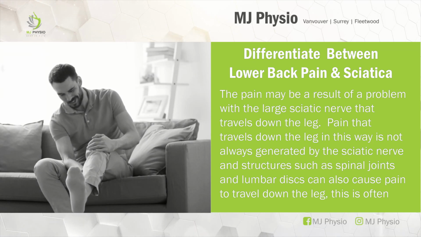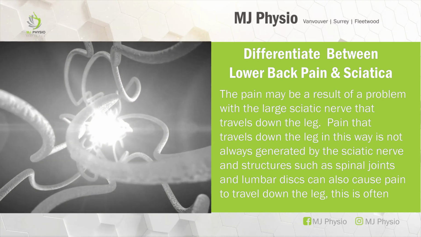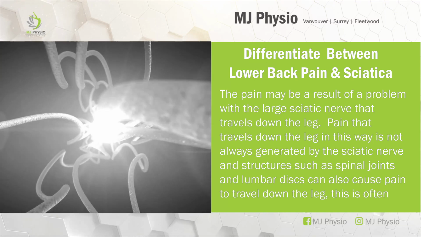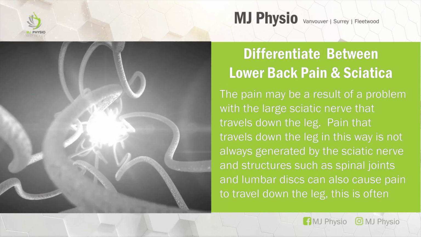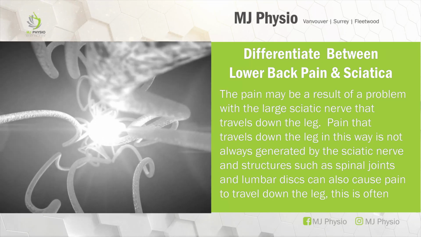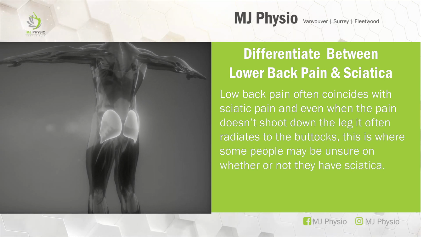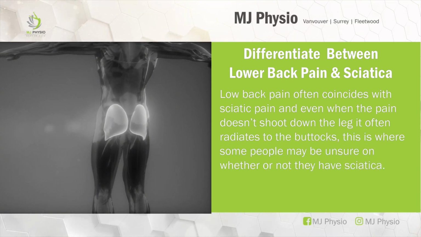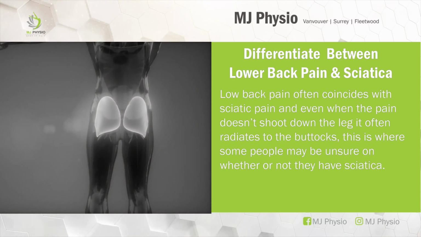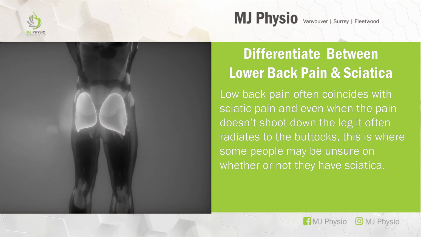Structures such as spinal joints and the lumbar disc can also cause pain to travel down the leg. This is also often referred to as sciatica, even though the sciatic nerve is not at fault for causing the pain. Lower back pain often coincides with sciatic pain. When the pain does not shoot down the leg, often it radiates to the buttocks. This is where some people may be unsure how to differentiate the type of pain, either lower back pain